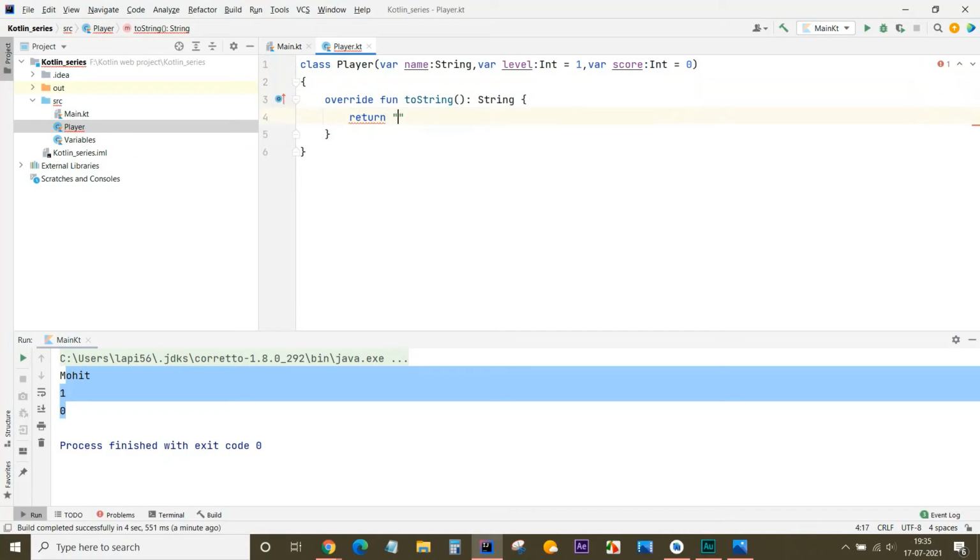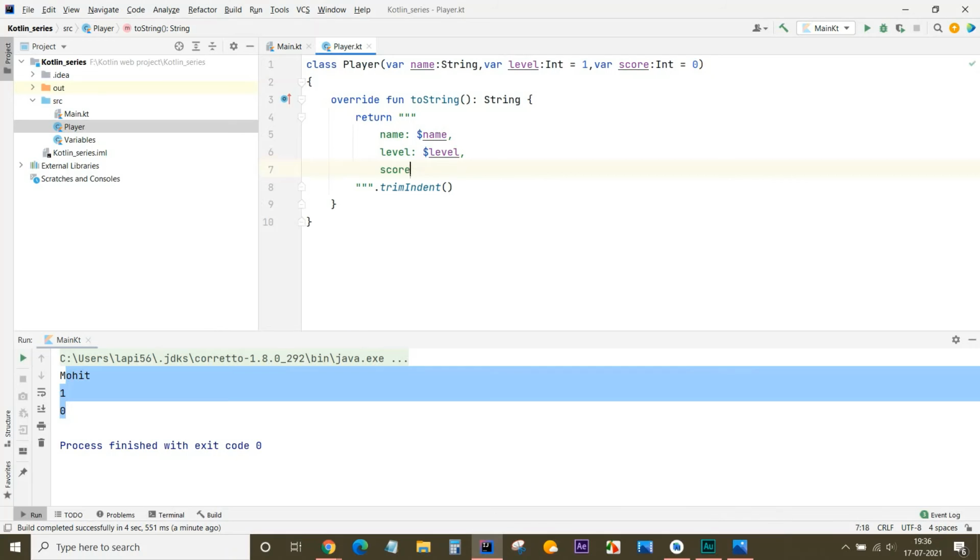Here we are using triple quotes to trim indent, and we are writing name, dollar, variable name, comma, level, dollar level, score, dollar score.